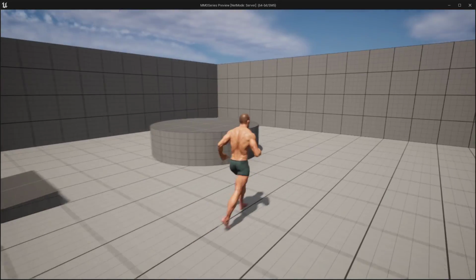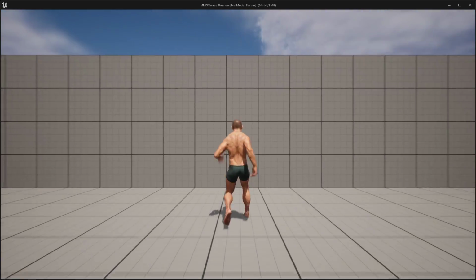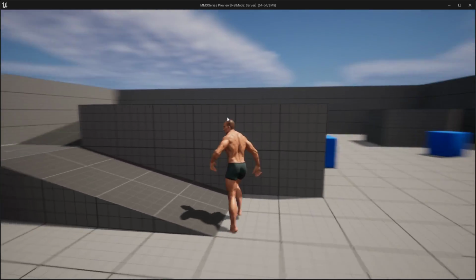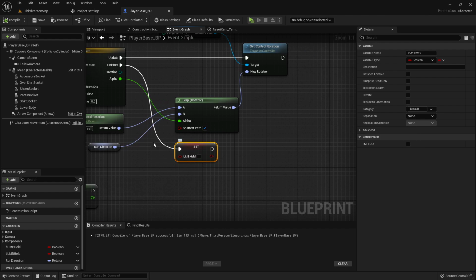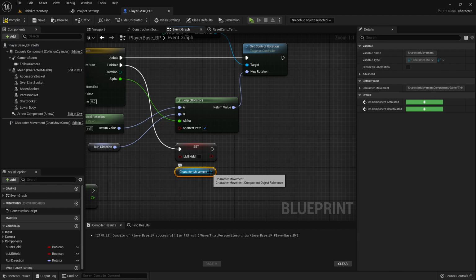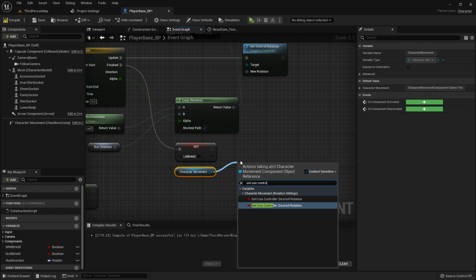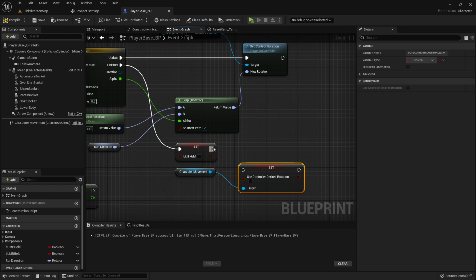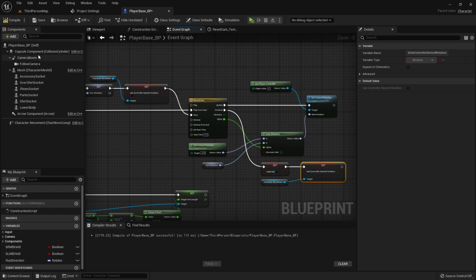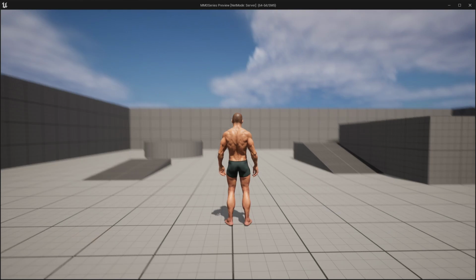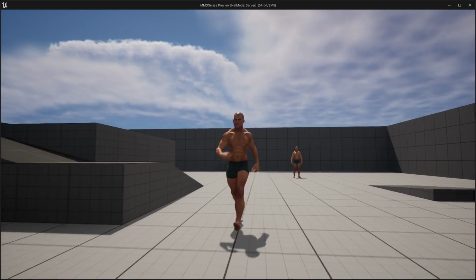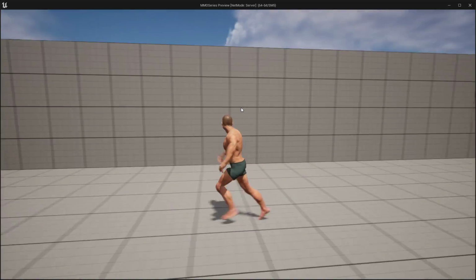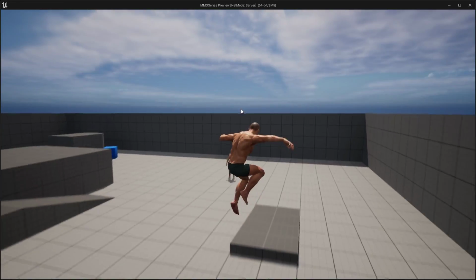So now I can run forward, and yeah, it's looking pretty good. Oh, and the last thing we need to do is right after we set this, we'll get our character movement one more time, because now we need to tell it set use controller desired rotation, because up here we're turning that off, so we need to turn it back on. So now let's try it. I can run forward, I can look around my character, I can zoom in and out as I want to, and then it resets back to